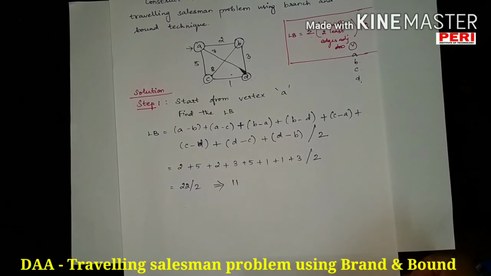So now what I have to do, I have to take my state space tree and fill the value for the lower bound as 11. Okay, what is the next thing that you are going to find? A to C. I am going to find the lower bound value for A to C. Similarly, you are going to find the values for every vertex. So for A, for B, for C, and for D, you are supposed to find the answer for all these 4.